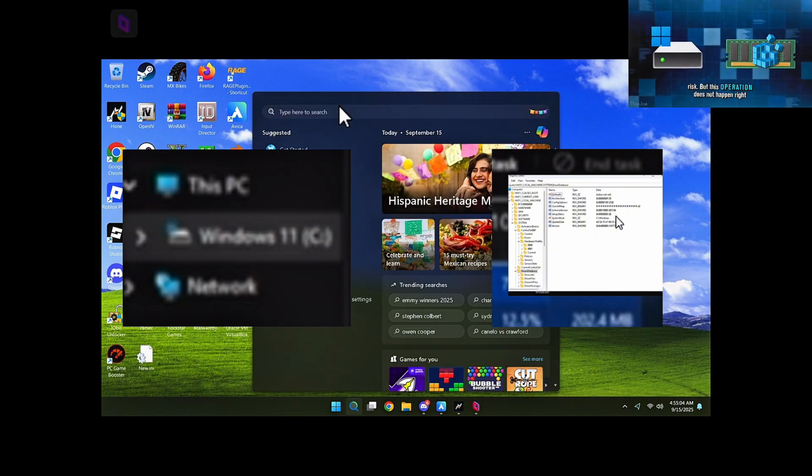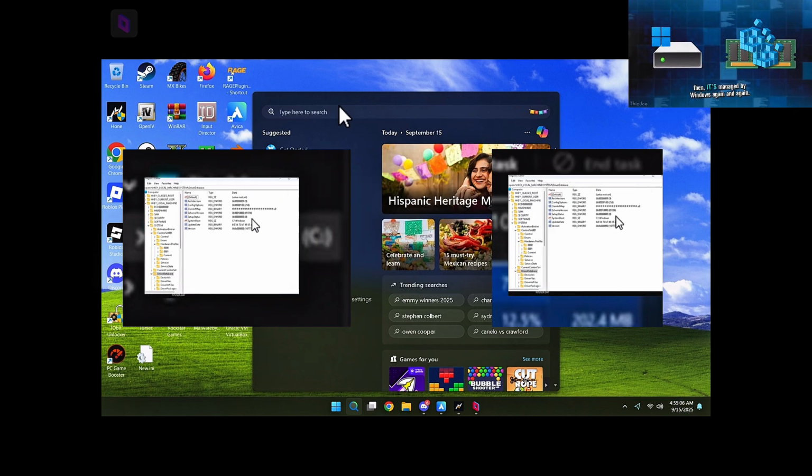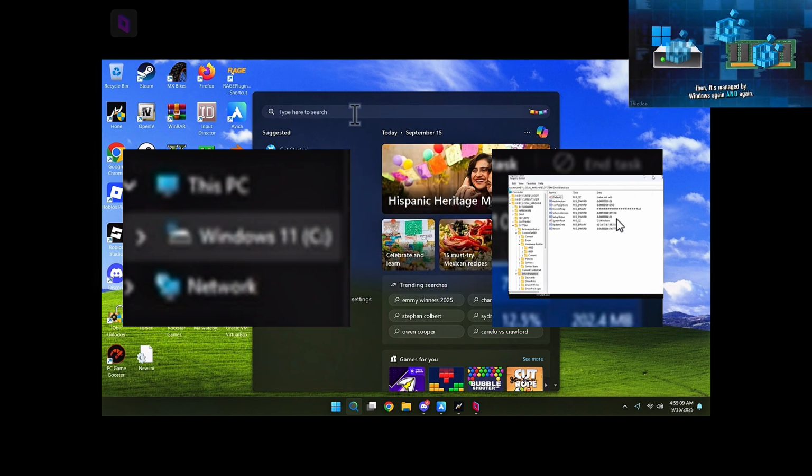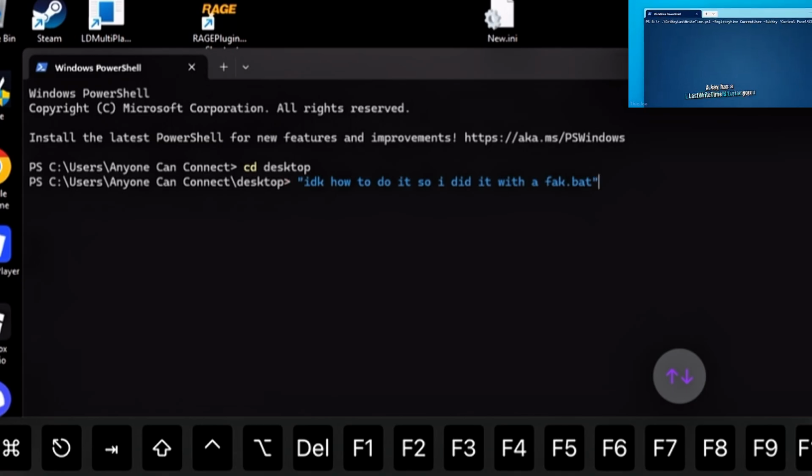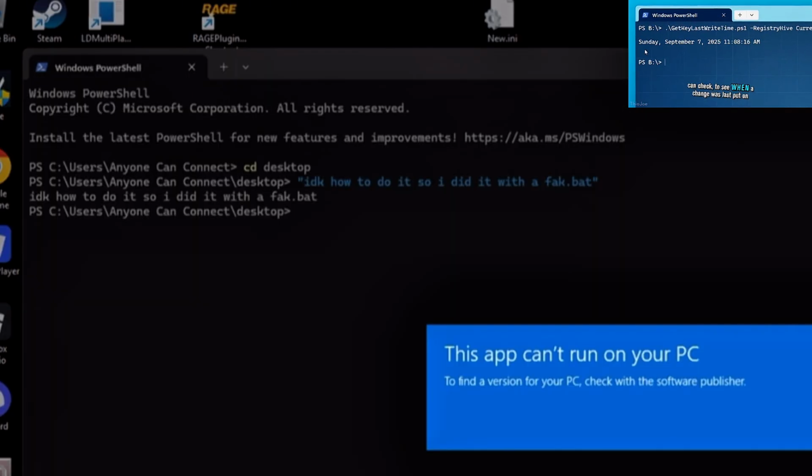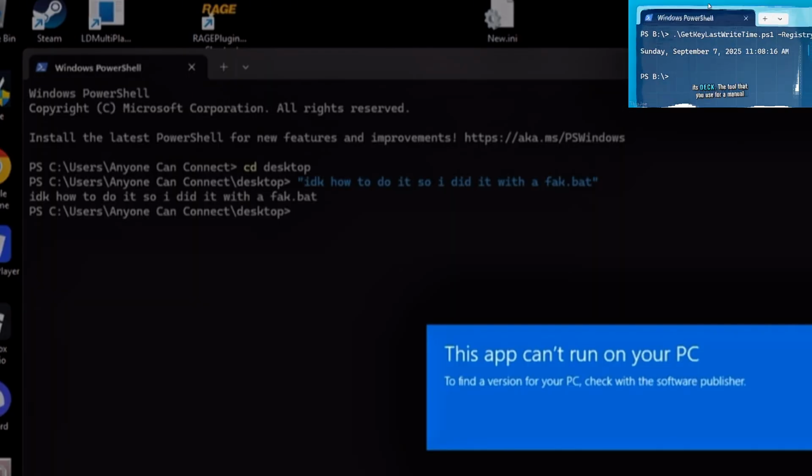But this operation does not happen right then. It's managed by Windows again and again. A key has a last write timestamp you can check to see when a change was last put on its deck. The tool that